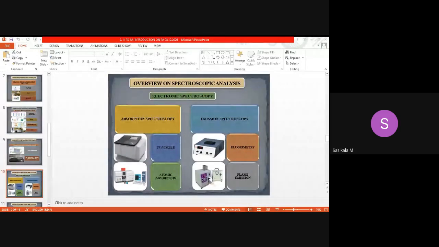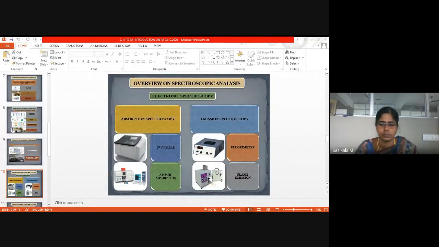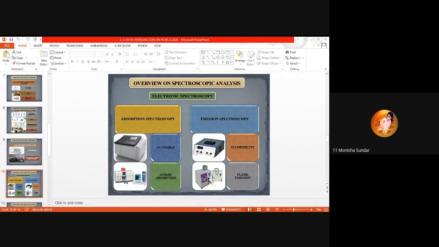Continue, Monisha. Pharmaceutical analysis means to identify purity, quantity, quality. It has two types: quality control and quality assurance. Quality control means product oriented. It has two types: qualitative analysis and quantitative analysis. Next, quality assurance is to ensure the safety and efficacy. Then overall view on